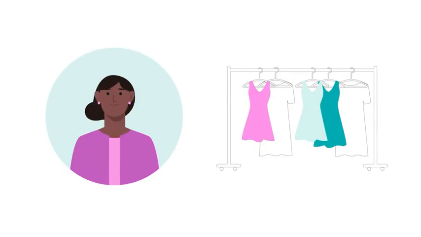Anna owns a clothing boutique in New York called Bright Threads. She sells a mix of clothing brands and chooses items for her store that she believes her clients will like. She also sells online. One of the challenges Anna faces is buying the right number of items for her store